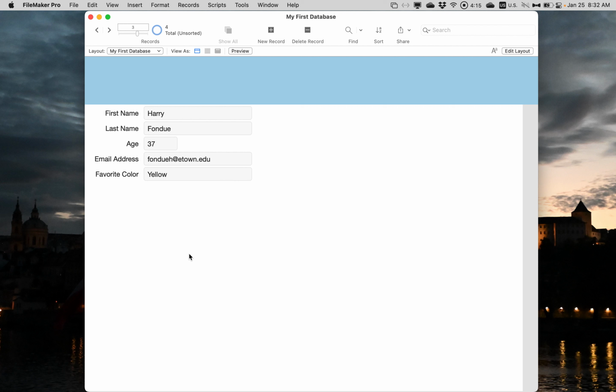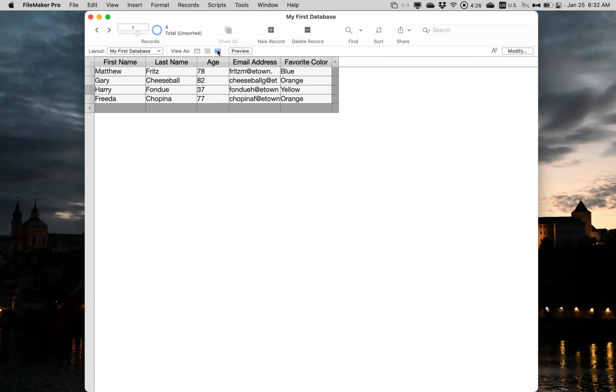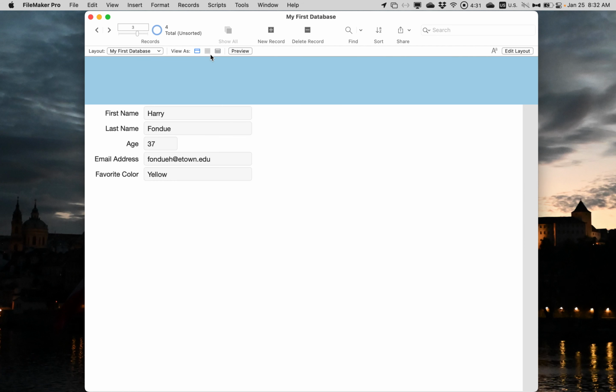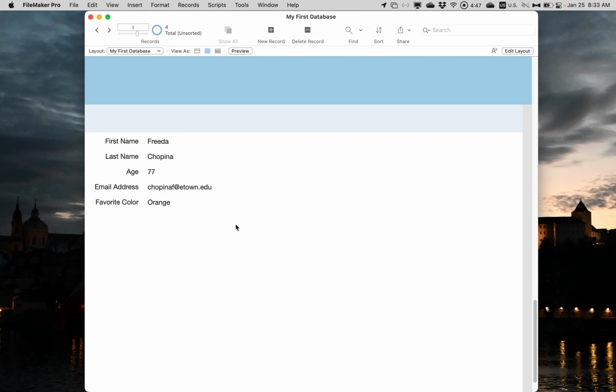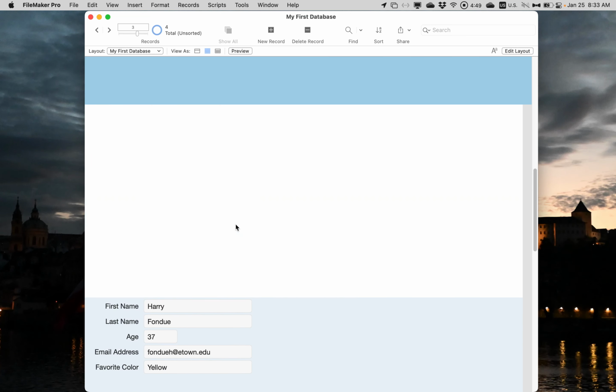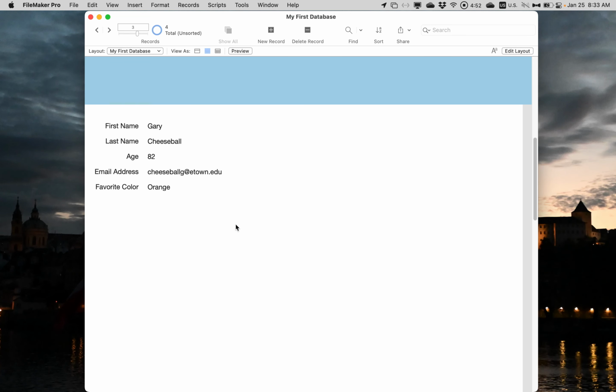Now, the next step in this, I think, is looking at different ways we can view our information. So we can look at these one records at a time. We've talked about going into this table view, sort of this Excel spreadsheet view. There's another form or style that we can use to look at things, and that is called the list view. If I click list view here, what you're going to see is not much change really from the record view, but you'll notice that if I scroll, I can actually see the records kind of in this endless scroll